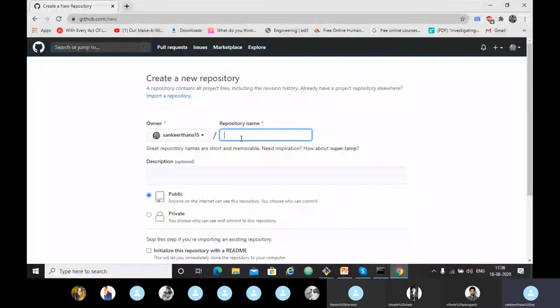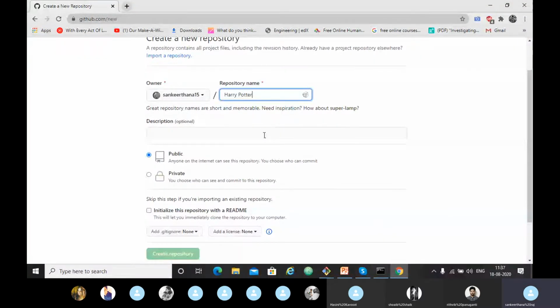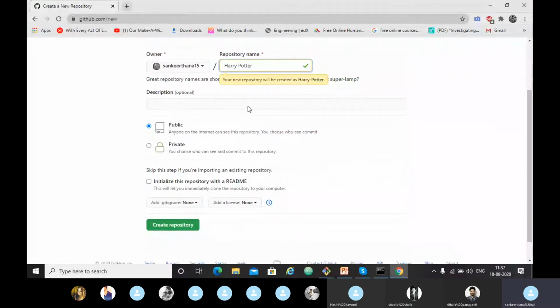Any name you can give. So it is checking, one minute, guys. So my new repository is available, public, and I have to tick here: initialize this repository with a readme.md file. Create repository.